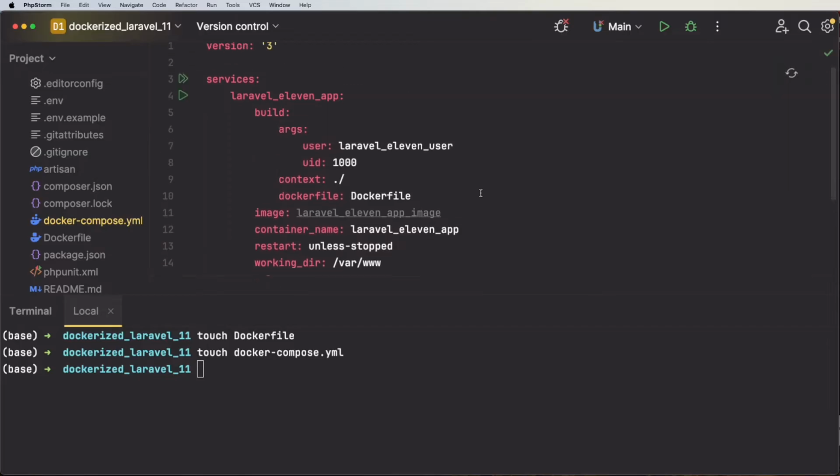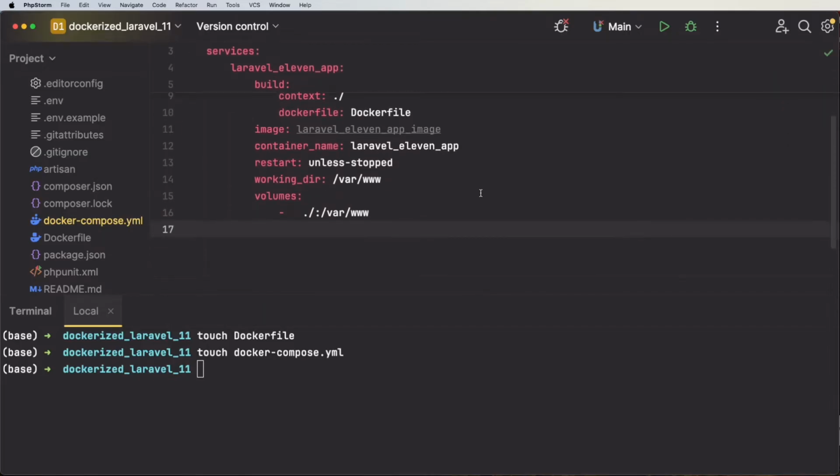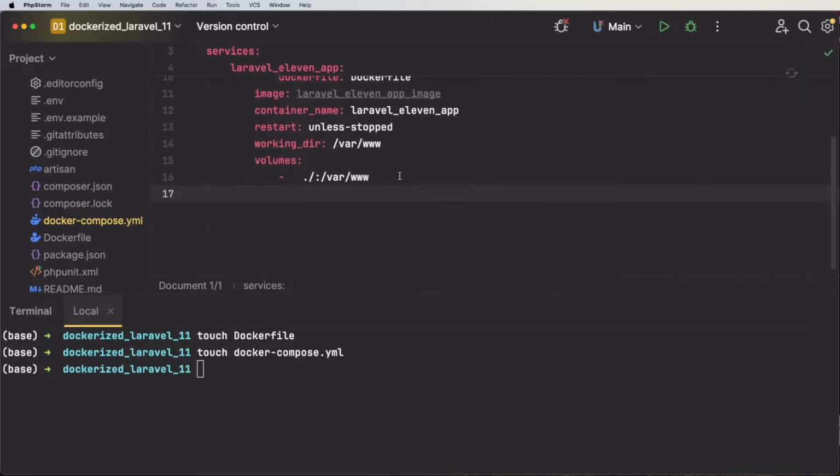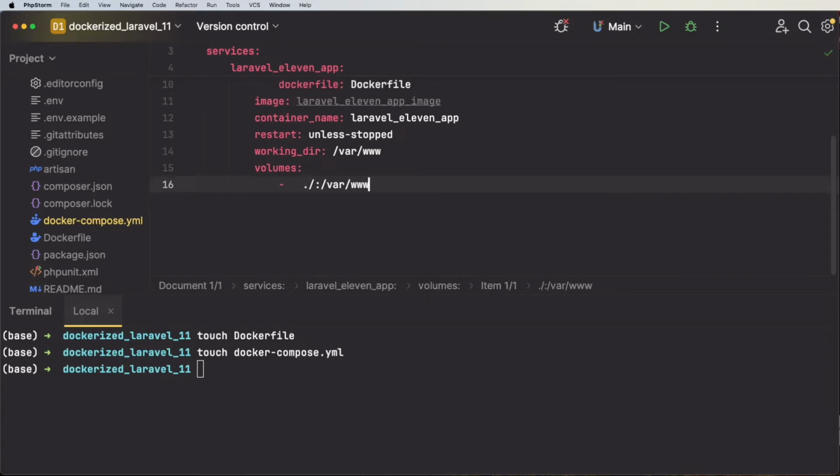So now that we've actually defined our Laravel app service, the next thing that we actually need to define is network. The purpose of network is, you can think of Docker network as something that allows containers to actually communicate with each other. So any container that has the same network or is associated to the same network can communicate with